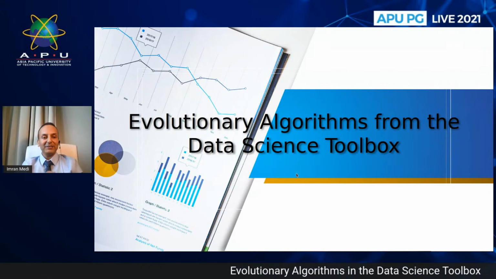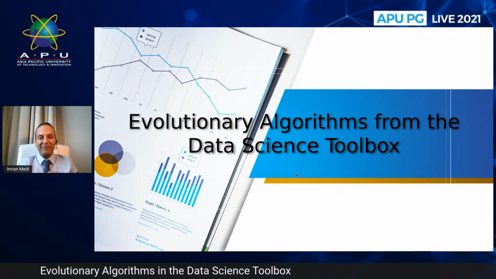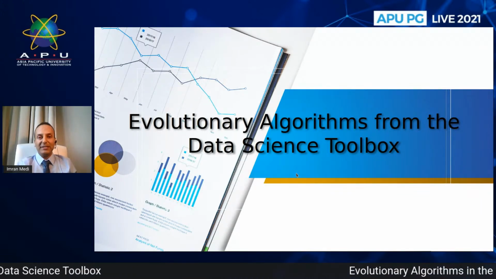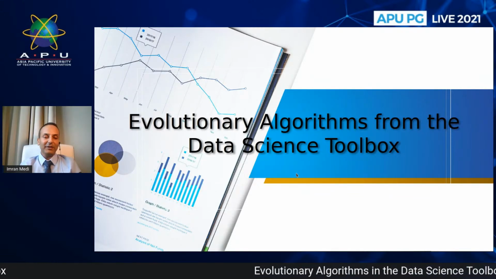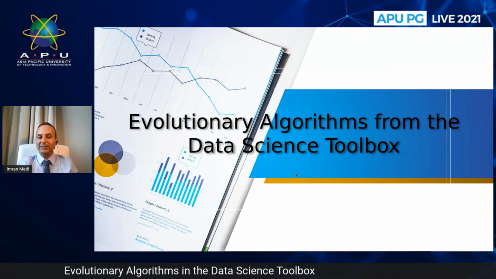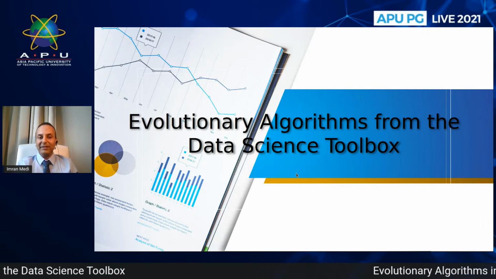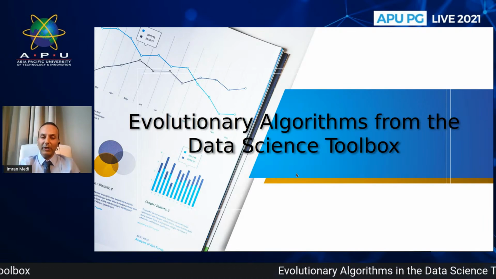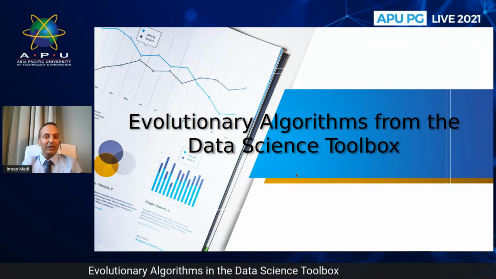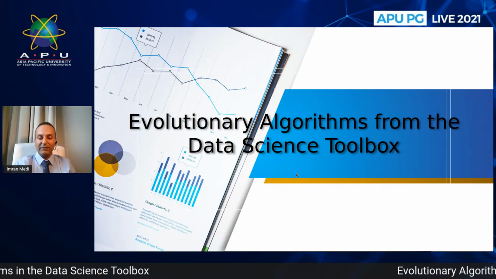Okay then, so as Regine mentioned, my name is Imran. I wear two hats at APU. First and foremost, I'm a lecturer from the School of Computing. I teach at postgrad and undergraduate level a variety of different things, including computational intelligence, which is the topic area for this particular talk. In addition, I'm the program leader for the data science and business analytics program. So if you are interested in our DSBA program, then I'm more than happy to talk to you even after this particular session. We can have a little one-to-one if you like.